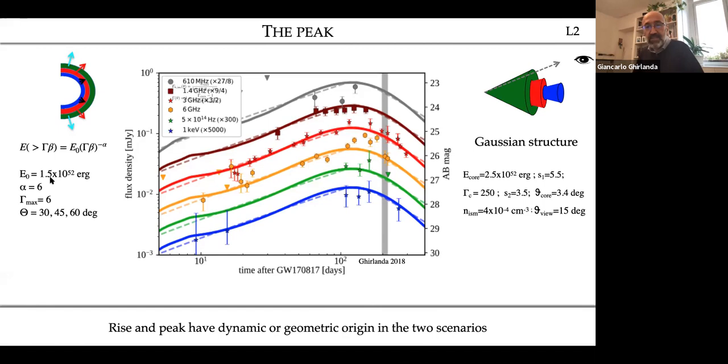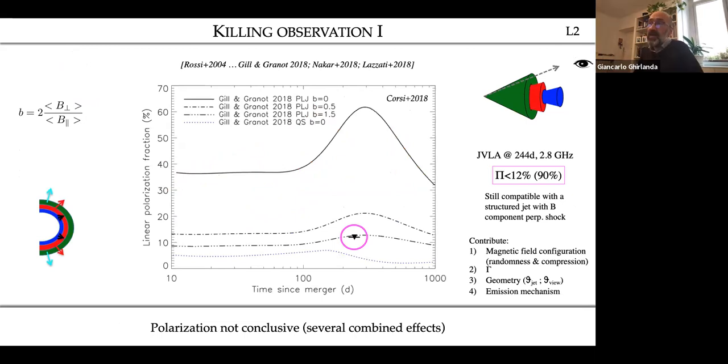So what are the observations that can help to disentangle this situation? I'm showing those that were collected. Of course, some of these worked for this event, others not, but they are, however, key observations for any other possible future event similar to this one. The first one was